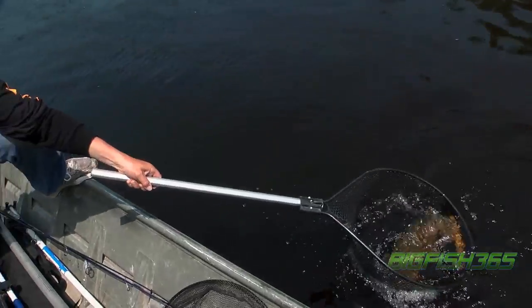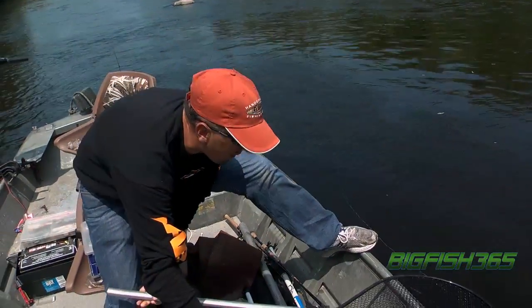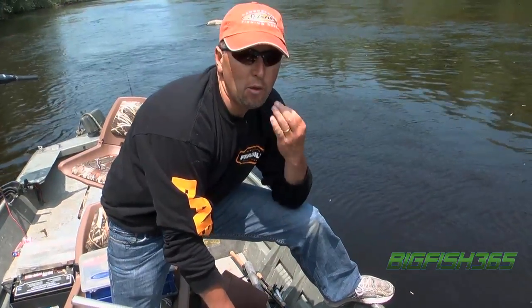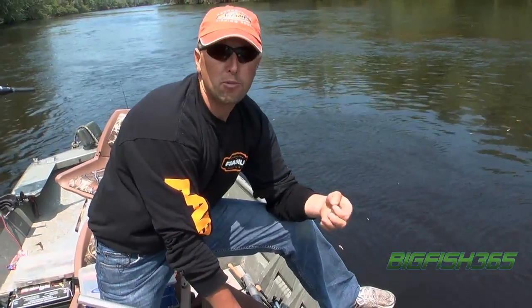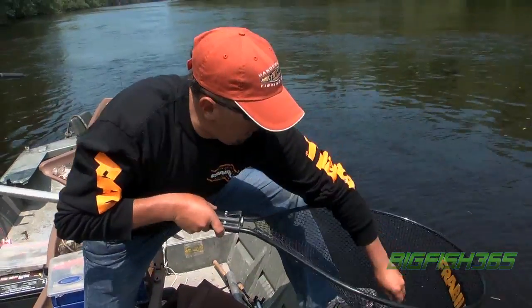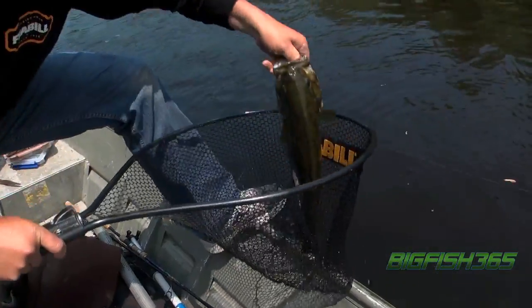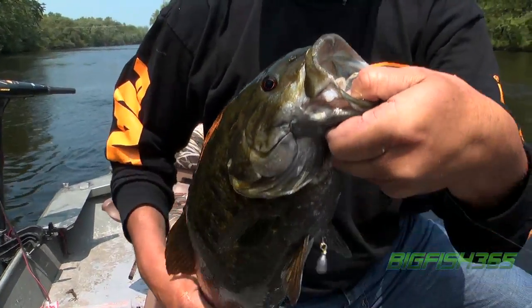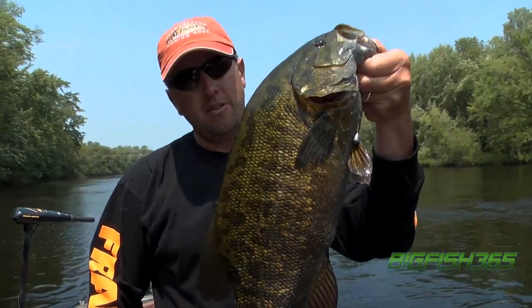He committed to that topwater bait, but he missed it. And again, I have those follow-up baits I talked about, the drop shot, the yum dinger, and the jig. And I honestly think he would have hit any of them, but I went right away to the finesse bait. And look at that. And that is all day another solid